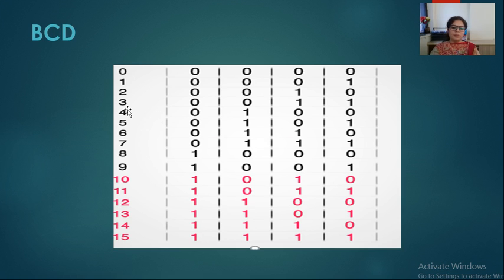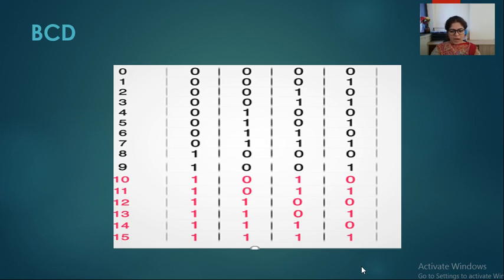For example, we have number 3 and we want to represent it in BCD form. The combination of bits is 0, 0, 1, 1. If we have to represent number 7, the code is 0, 1, 1, 1. And now you can see the last number is 15. As I have told you, we can represent only 16 values, that is 0 to 15. So when we have to represent decimal number 15 in binary, we represent it with 1, 1, 1, 1. All 4 bits are 1 in this representation.